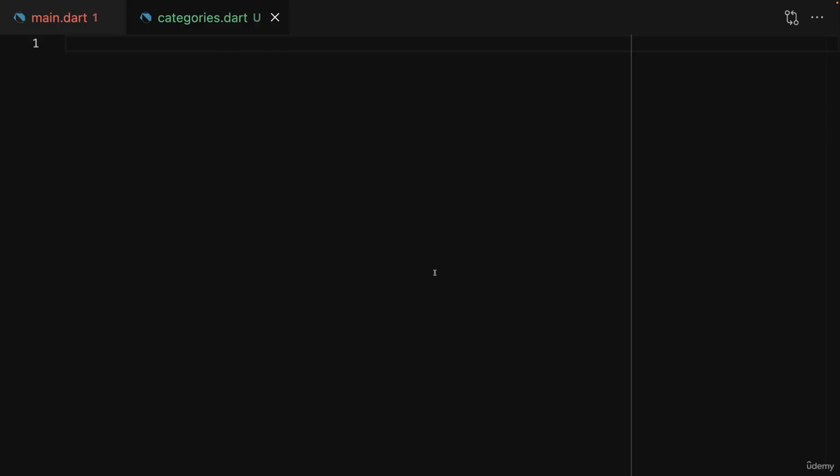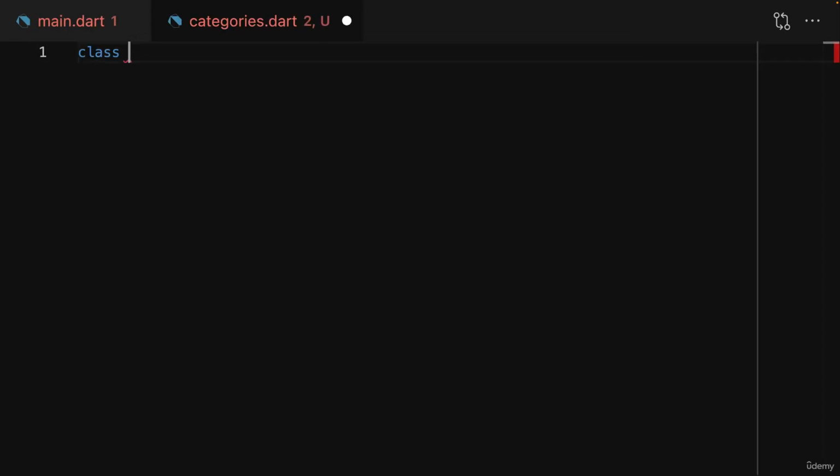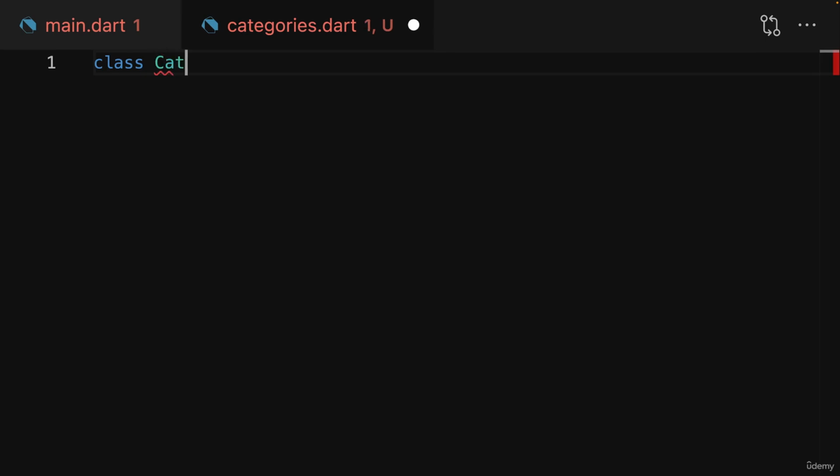Now, inside of categories.dart, you should therefore create a new class, the categories screen class, for example. The name is up to you, and you could also just name it categories, but since this will act as a screen in this app, and we will later have multiple screens, but also some regular widgets which don't act as screens, I want to mark the widgets that will act as screens. So therefore this one is the categories screen, and we of course extend stateless or stateful widget here,